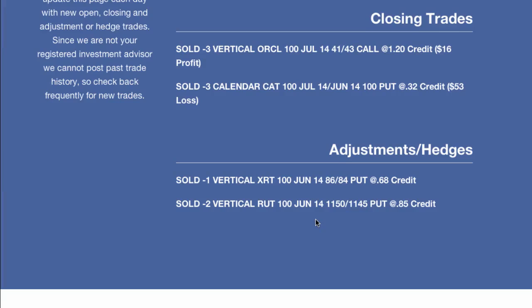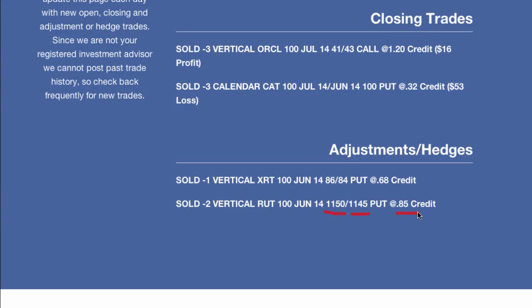Here's the issue that we had today: we entered this new trade assuming that we would get out of the other trade, and we just haven't been able to get a fill to get out of the current put side position that we had. So our ideal situation was that we rolled up this entire side and we split that roll into two orders, one closing order and one new order. Well, we only got the new order filled, which is this order today, to sell the 1150, 1145 for an